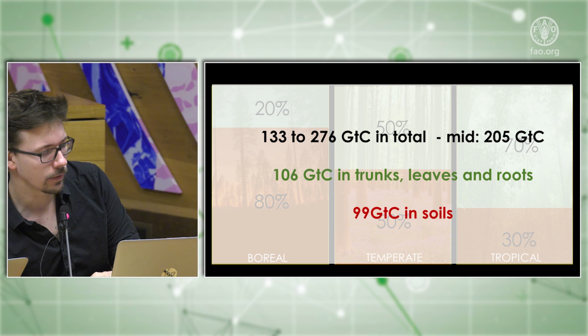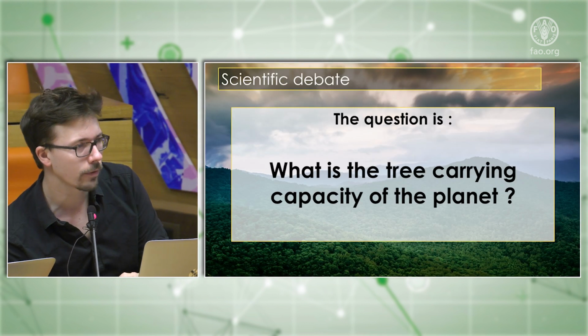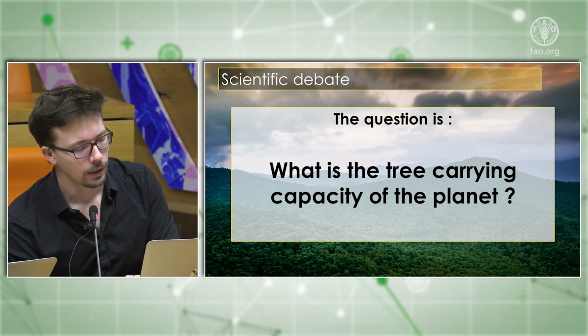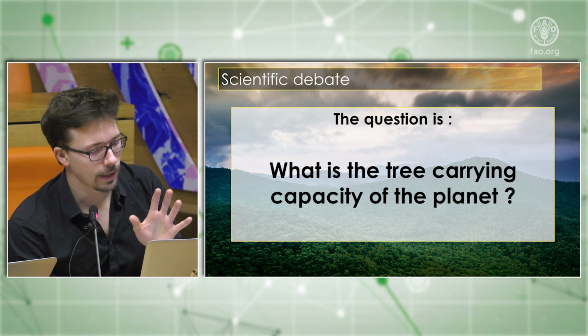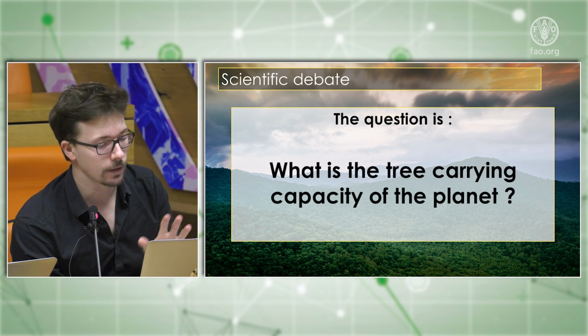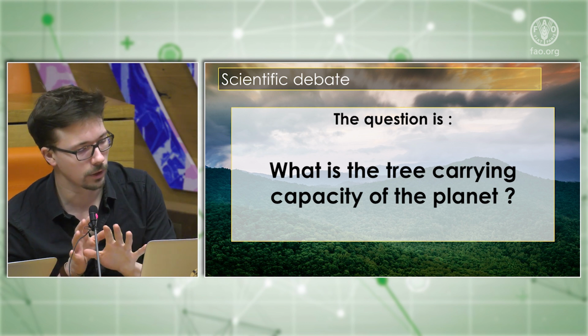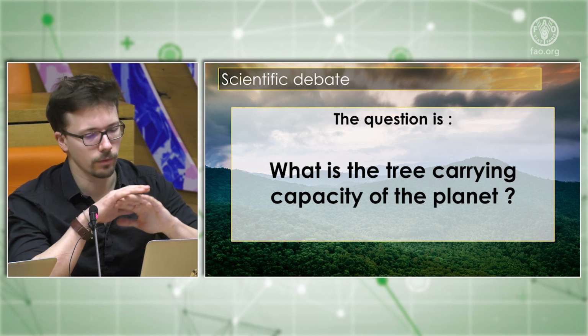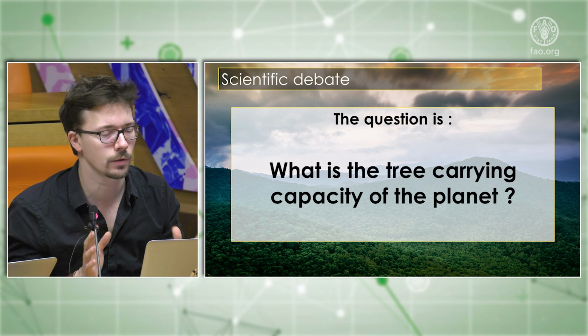So now a bit about the scientific debate. I think that's one important thing that I would like to underline is that we had a lot of criticism about the fact that we did not consider the albedo, we did not consider evapotranspiration, we did not consider a lot of things. The main question that we try to answer in that scientific study is what is the tree carrying capacity of the planet, and just translate that into carbon content. That's it. It's not an IPCC report where we try to consider all the causes and consequences related to forests and climate change. It was one single question, and of course there are many other questions that we need to answer, but each of those questions requires a specific paper.